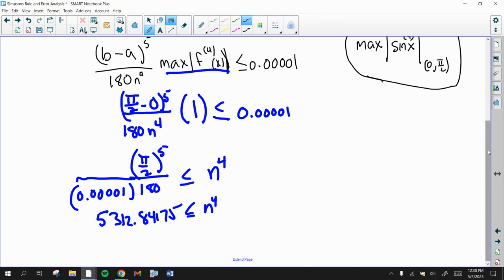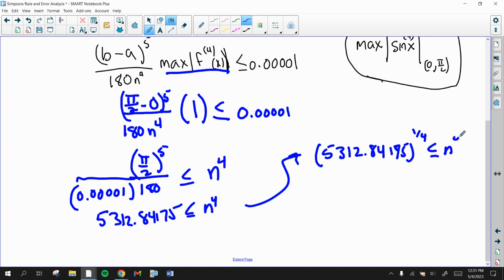now I have to take the fourth root. So there's my equation. I'm going to raise my answer to the 1/4 on my calculator. And now I have a reasonable answer of